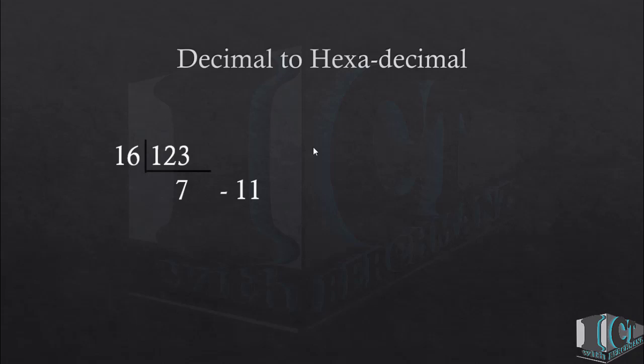But in hexadecimal, we know we cannot represent the 2-digit values as it is. 11 is a 2-digit value, but we have to convert or change it to the corresponding symbol. For 11, we know the symbol would be B. Now we can write down the answer from bottom up, that is 7B to the base 16. So this is the method that we are going to use to convert any decimal number to any of the number systems that we need.